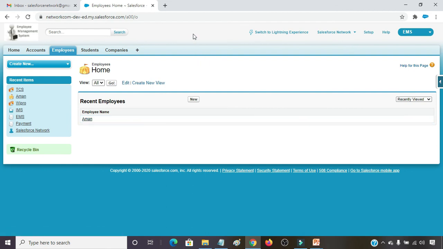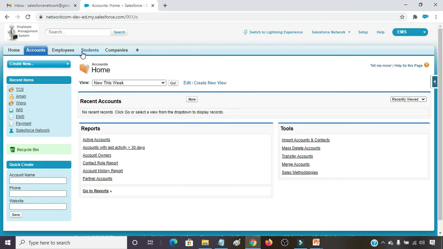So one more thing, let's check what is going to happen. If I go with the Account record and create a master detail relationship on Accounts, making this Company a master and Account a child, see whether it is possible or not.